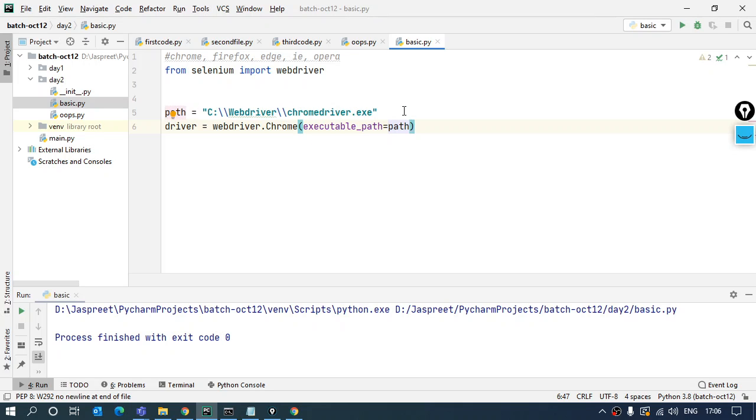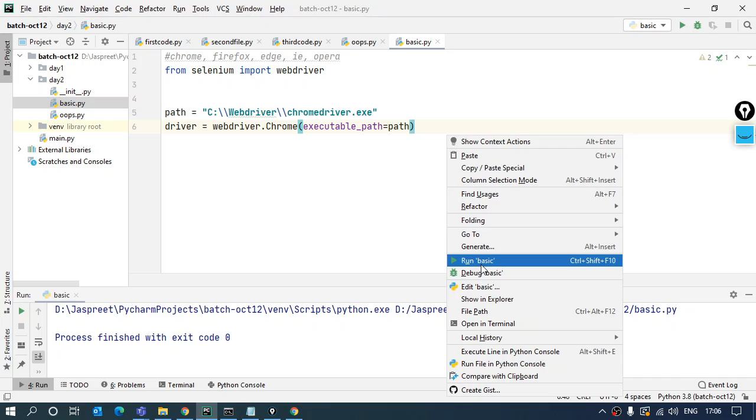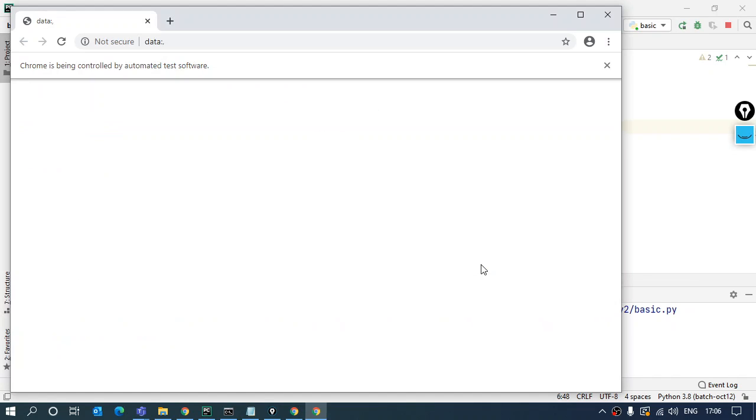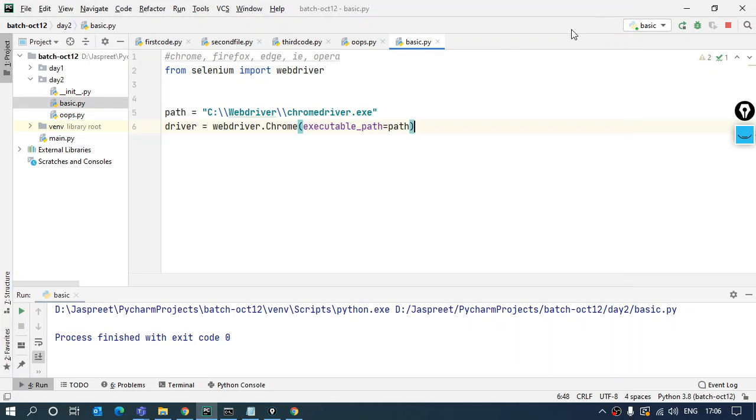Now if you do this in your system, it's going to work fine and open up a blank Chrome browser for you like this. Now in Chrome, what you need to be careful about is that a version mismatch gives you an error. Like if I'm using version 86 and my driver is version 85, it's going to give you an error that the version is not supported. So you need to keep looking. If you get any errors like that, update your browser and the driver as well.